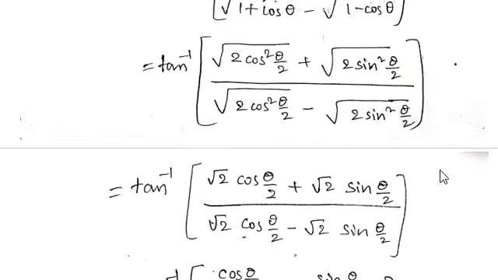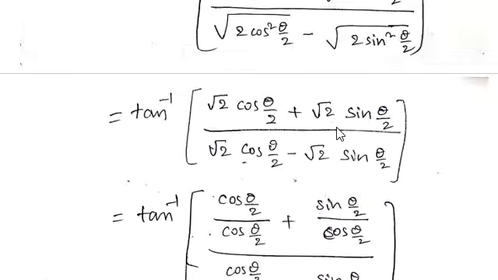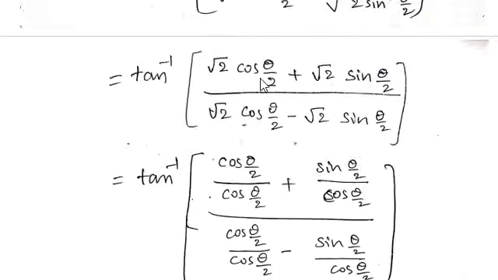And if you see, I am just writing separately, that is root 2 into under root of cos square theta by 2. So cos square and root cancel, so it is root 2, and here also the same, root 2 into under root of sin square theta by 2. So under root and sin square cancel, so the denominator is also the same thing, root 2 into this one and root 2 into this one. If you simplify here, you can take out root 2 common and you can cancel there, and also